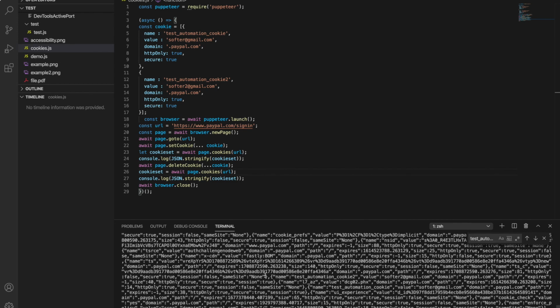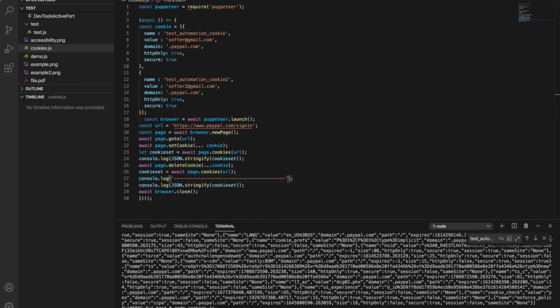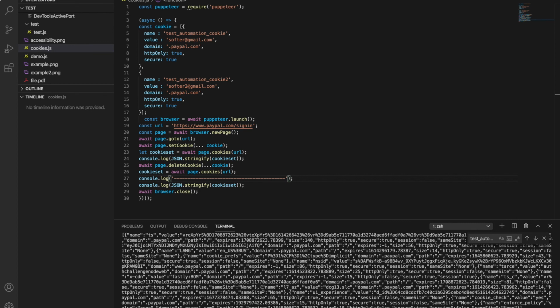Now it is hard to tell the output apart, so let me put something to break the line between these two logs. Yeah, I am very fond of copy pasting things. Now, this is a crazy idea I got. Let's see if it works.